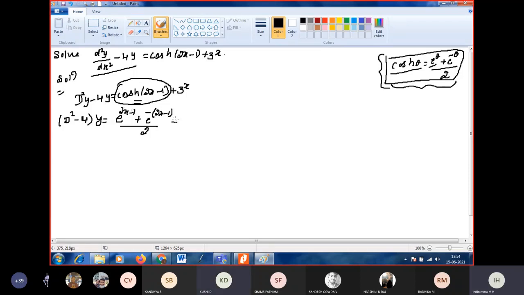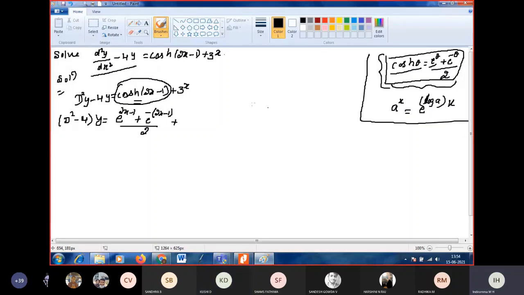Next, we have to just substitute in this formula. Instead of hyperbolic, I have written hyperbolic in terms of exponential. And also we know that a power x. Can you write a power x in terms of exponential? A power x is e power log a into x. Okay, this also you write, these two formulas, on one side of your notebook, in that page, on the right side corner.